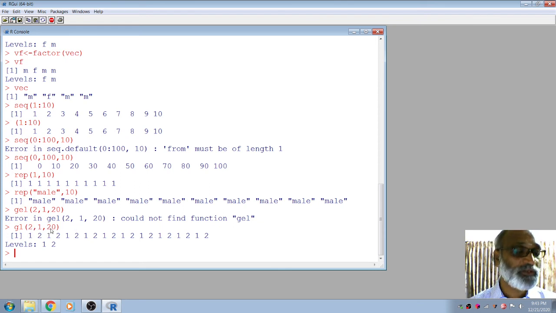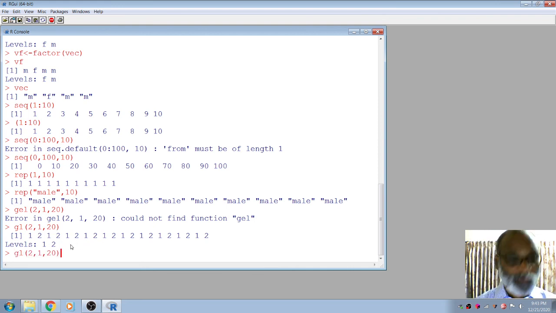So it is a total of 20. The first argument is the number of levels, and the second is the number of replications. The first one, number of levels, means 1 2, starting with 1 and ending with 2. How many replications? 10 times. So 1 2 1 2 1 2 1 2, and the total is 20.